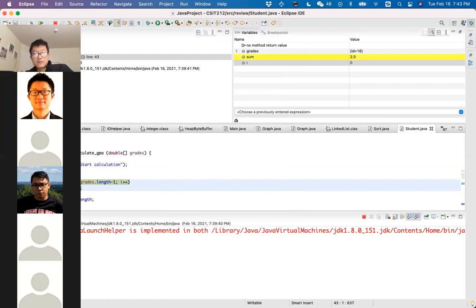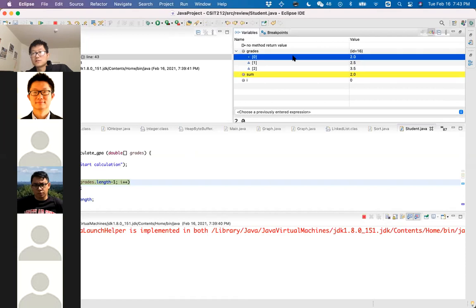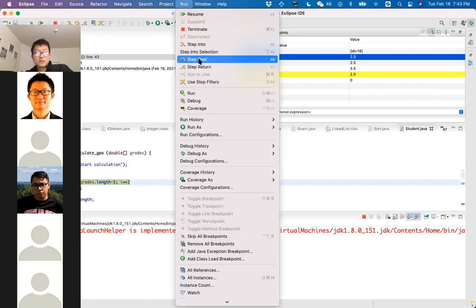After executing this line, the value of sum is changed. It becomes 2.0. Originally it was 0.0. So we see the value changed. We summed up the first grade from the grades vector. Then we execute step over again.